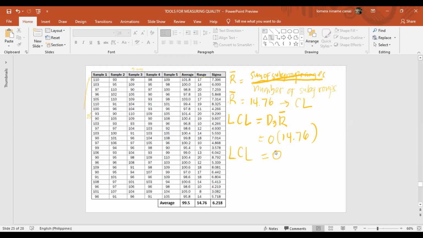After we have the lower control limit, we compute for the UCL, and the formula for the UCL for the range chart is D sub 4 times R bar. And if we have n equal to 5, the value of D4 is 2.115 times our R bar, which is 14.76. So our UCL is